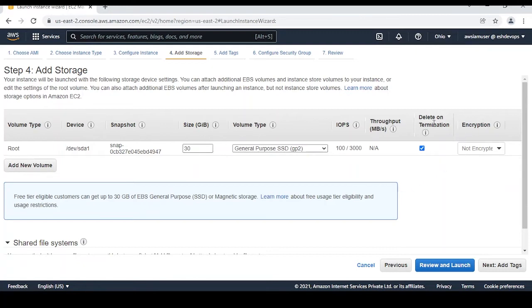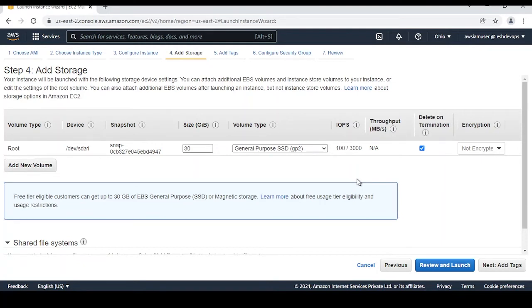And here is delete on termination. Basically, suppose you are working on a very critical project and you have very critical data that you don't want to lose. In that case you just uncheck this box. What happens is, after you uncheck this box, once you terminate your Windows EC2 instance, your instance will be destroyed, but your hard drive, which is called the volume type, is not going to be destroyed, and it will remain in your account.